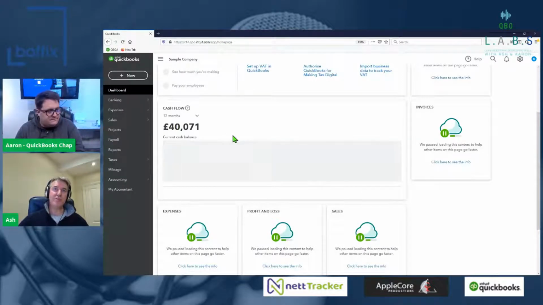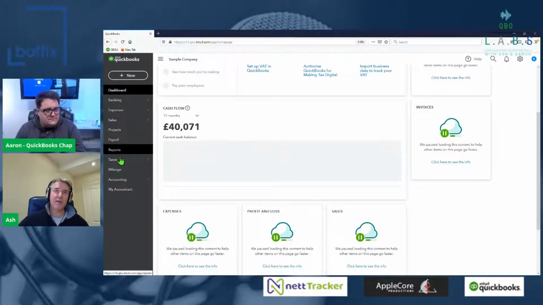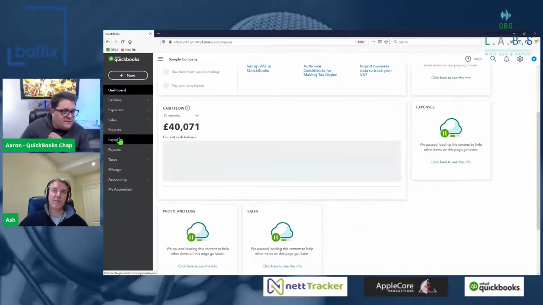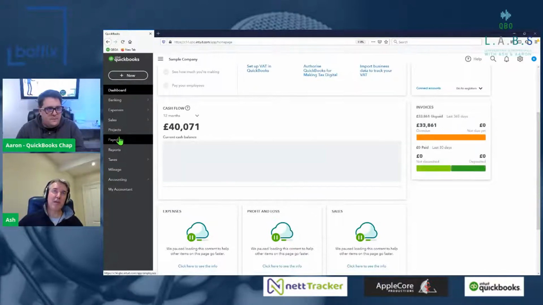And then in addition to that, and this could be because it's a sample company, down the left-hand navigation I'll have cash flow. Yeah, it won't be on cash flow because we've got multi-currency there. So at the moment, well done, Aaron. If you're not using multi-currency, then you'll be able to use the cash flow forecast that will appear within your left-hand navigation.